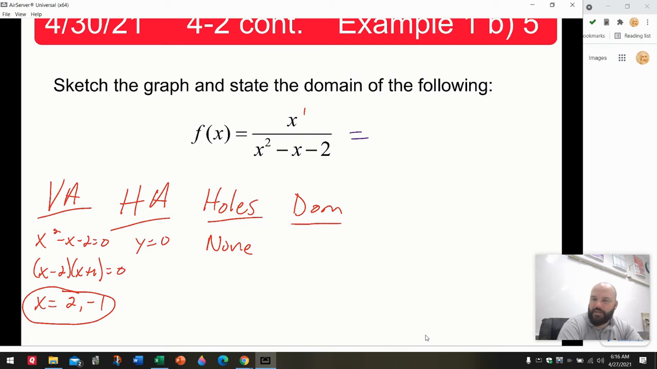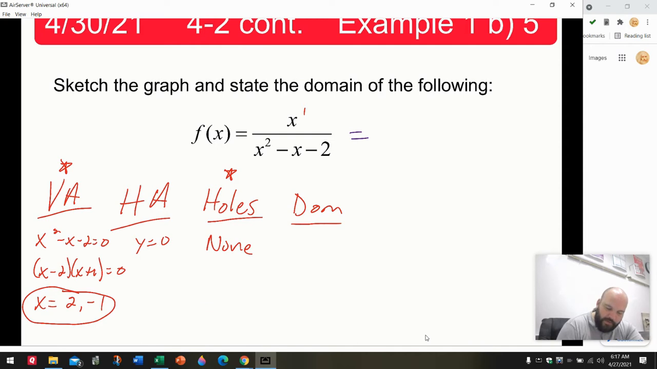Now, the last thing we want to list is the domain of this function. And remember, the domain comes from two places. It comes from any vertical asymptotes you might have, as well as any holes that you might have. And it's a combination of those two. Now, you can see that we have two numbers, 2 and negative 1, that would need to be excluded from